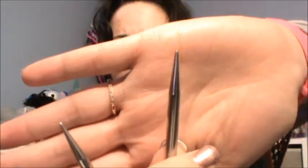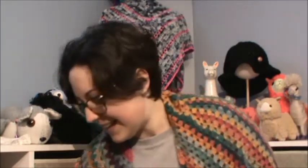I have a little thing showing up on my camera. Hang on, I'm just gonna stop for a second and check my camera. Sorry about that, guys. I had to go delete some stuff on my camera because I was running out of room. I haven't actually deleted any videos on this camera since I started recording podcasts, so that's pretty impressive. And I have stuff from before that, so...